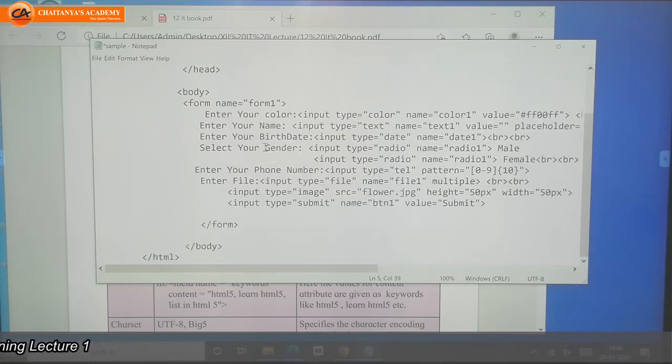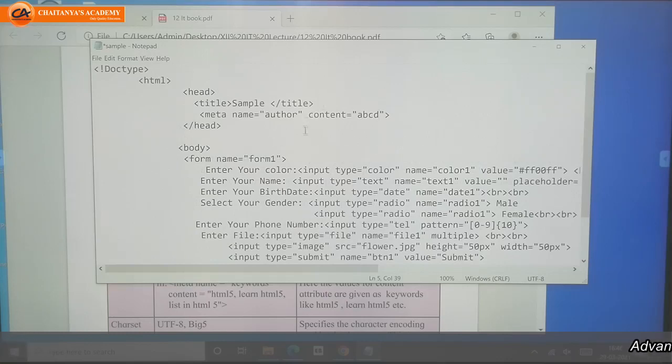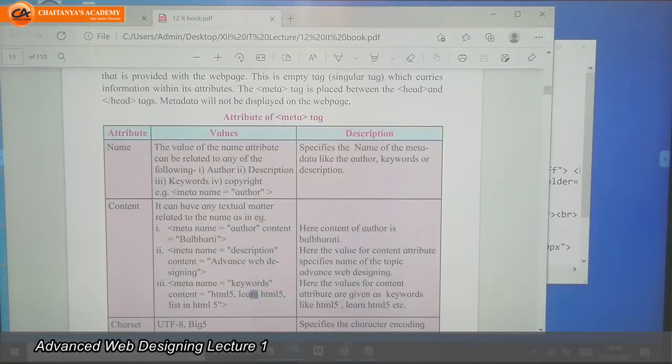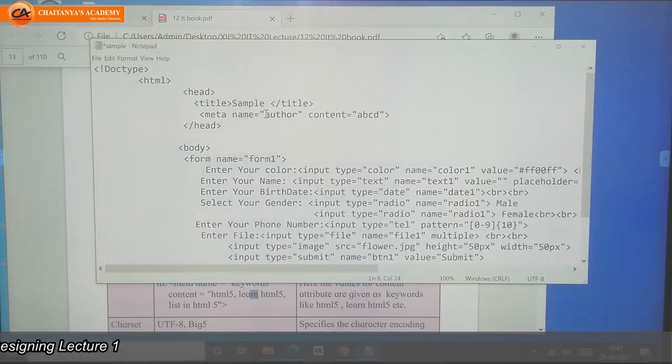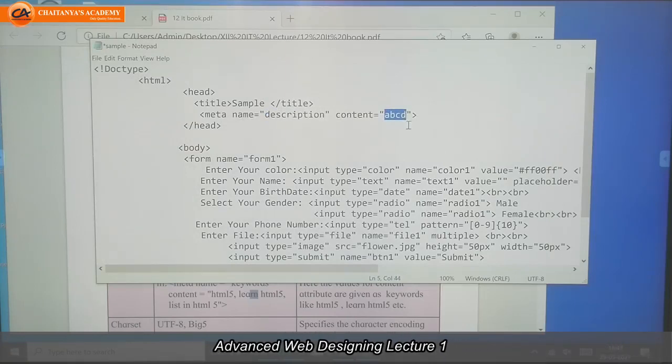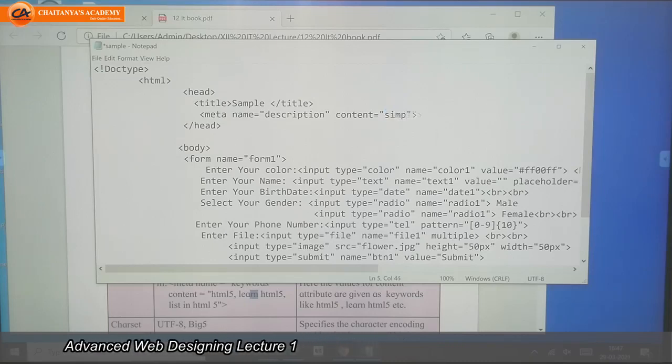You create your own web page, so if you want to write your name, you can write it here. If you write name equal to description, then you can write what the web page is about, simple form.